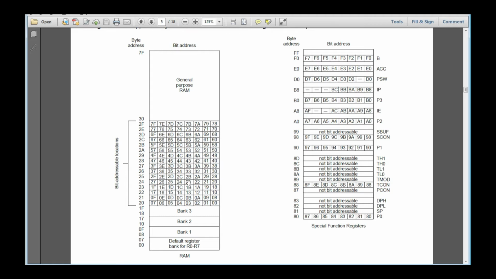For example, in the 4F location, you can address 4F and make it 1. You can address 57 and make it 0, and you can address 5F and make it 1, which can be the status of a sensor or the output value for an actuator. Like this, 128 bits can be addressed, meaning if you're speaking exactly, 64 sensor data can be stored and 64 actuator data can be stored.